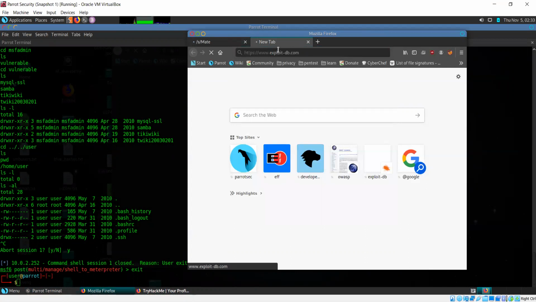So there is this website called exploitdb.com where you'll find a lot of exploits. Even if you currently don't have Metasploitable installed in your system, I want to give you a small homework. Try to figure out how you can exploit this particular vulnerability without Metasploit.